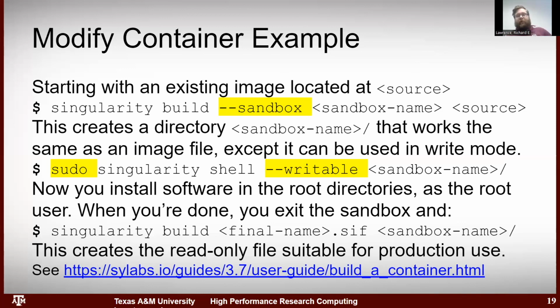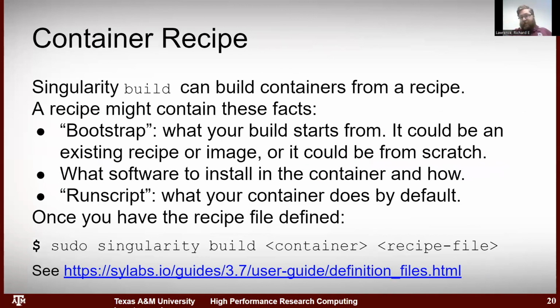So what if you didn't want to build a container yourself? What if you're like, this is a container that a robot should build? Well, Singularity has recipes. So Docker has something called a Dockerfile, which is a recipe for how to build a Docker image. And Singularity has something similar called a recipe, where you can describe how you would build the image. We're not going to go into how to do it, but the recipe could, for example, start from an existing image, install some software, give it a run script so that the container would be an executable, and then